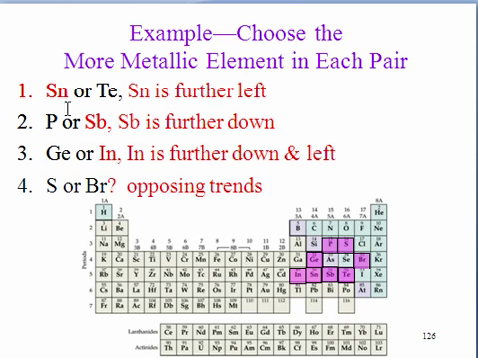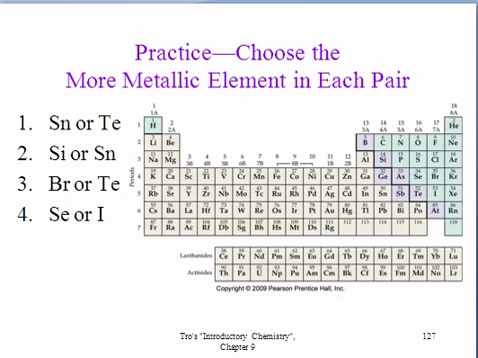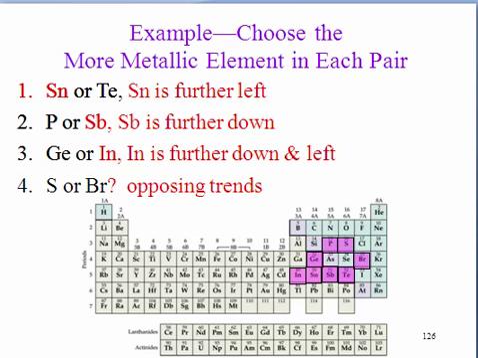So if we look at which element is going to be more metallic, tin or tellurium, it's going to be tin. Tin is to the left of tellurium, it's larger, therefore more metallic. Phosphorus or antimony. Here's antimony, here's phosphorus. Antimony is larger, therefore more metallic. Germanium or indium. Here's indium, larger in size, more metallic. Sulfur or bromine, we have opposing trends, and therefore we can't predict. Whoops, out of order. Okay,